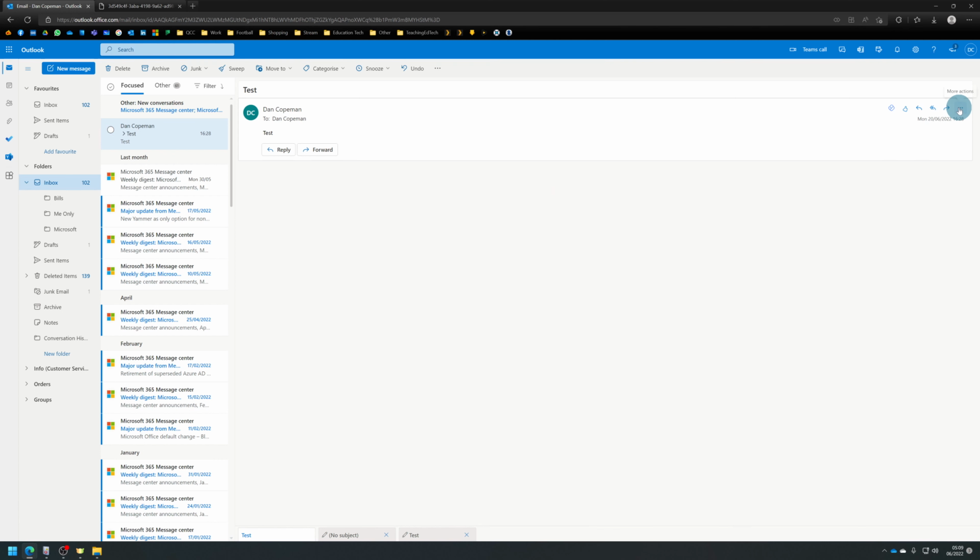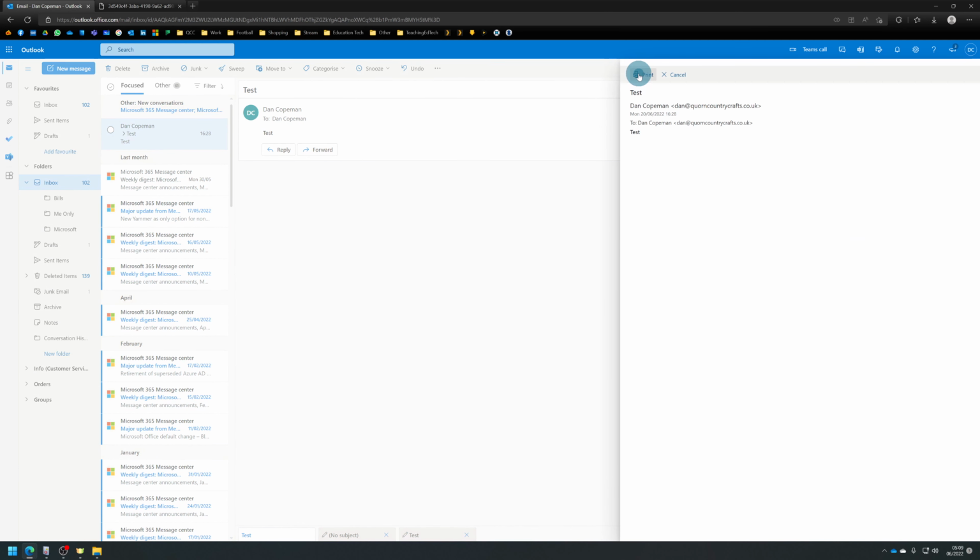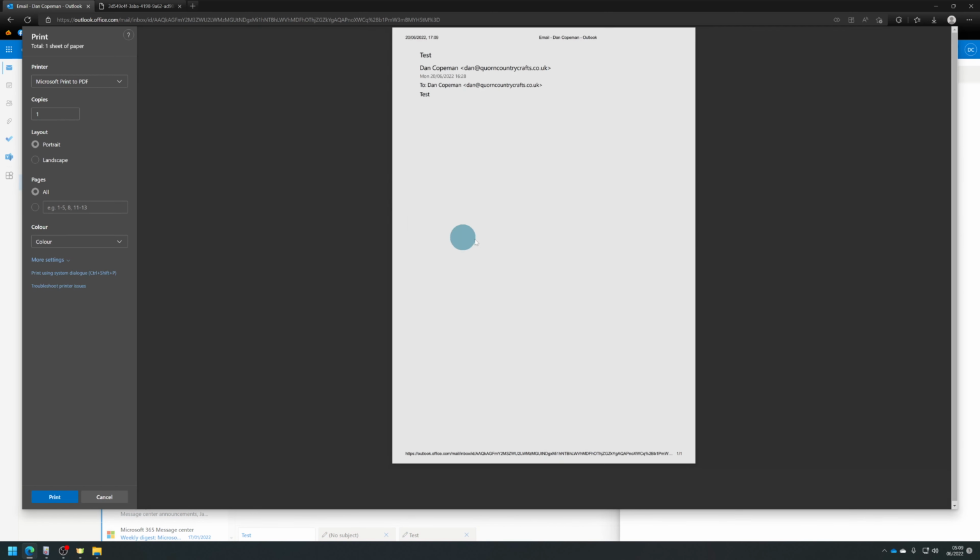The other way is if you want a PDF of it, if you click print, click on print, it'll open up whatever your default printer is. And then if it's not defaulted to it, because I haven't got a printer turned on at the moment, you